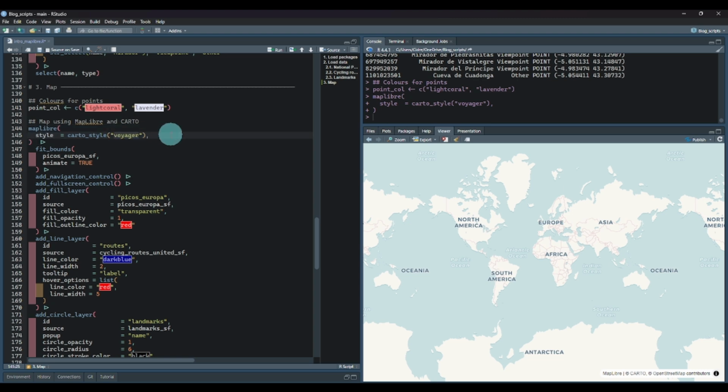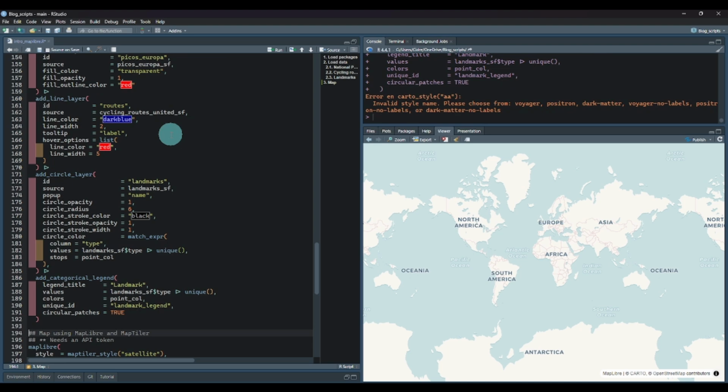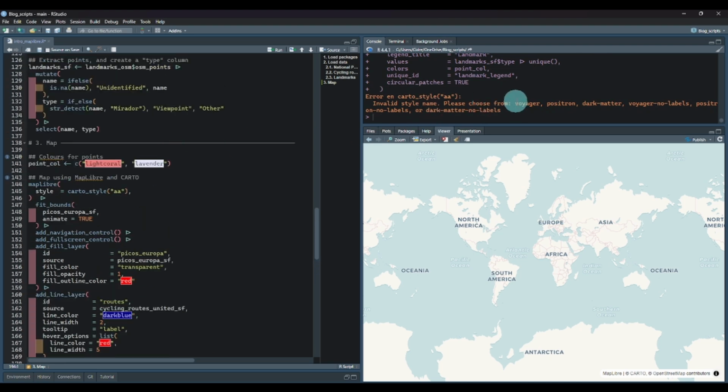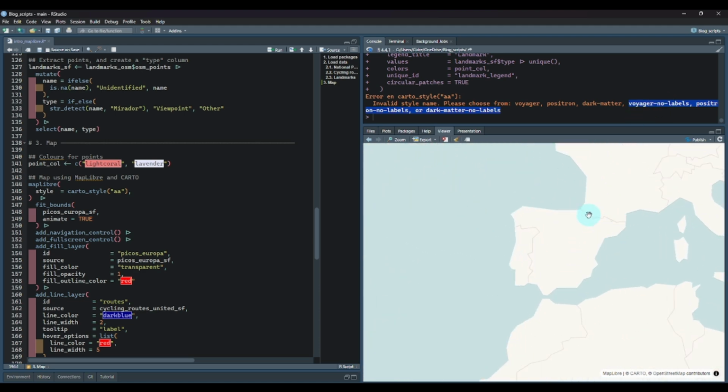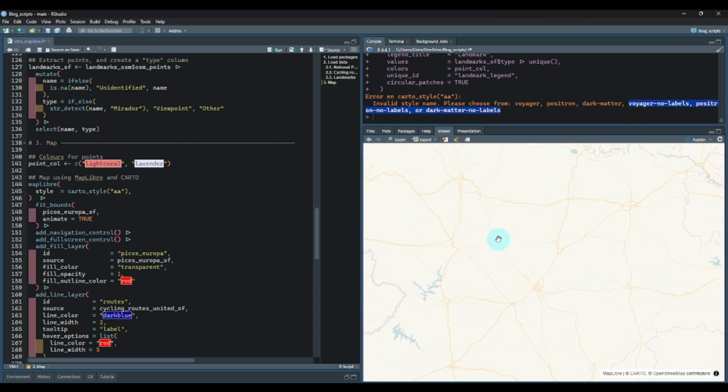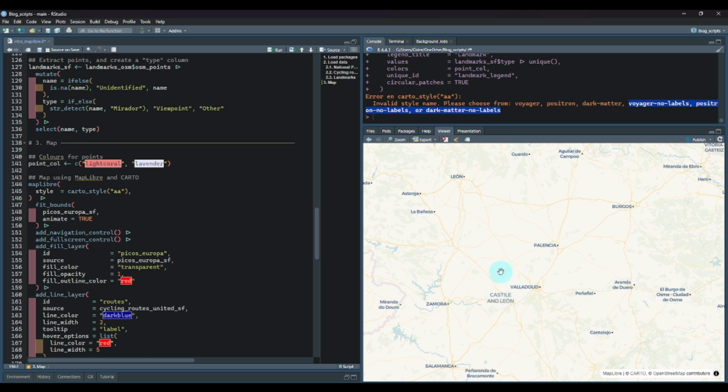And if you want to know the ones that are available, you can write here something random, and the error will tell you the ones that you can use. And you see here Voyager, Positron, Dark Matter, and then again these three tiles without labels. Here I can zoom in and you can see how this tile looks like. So here I will use Ctrl C to keep the Voyager